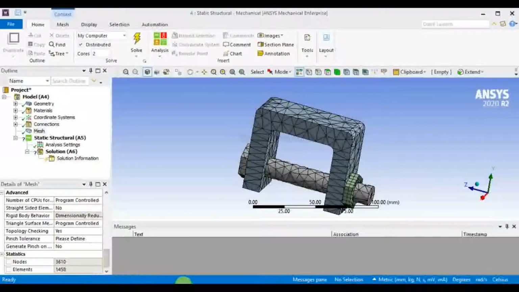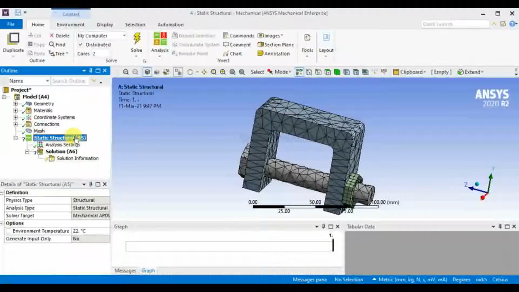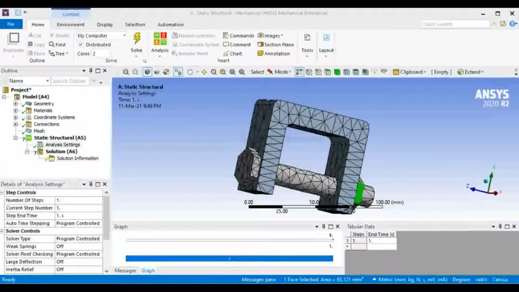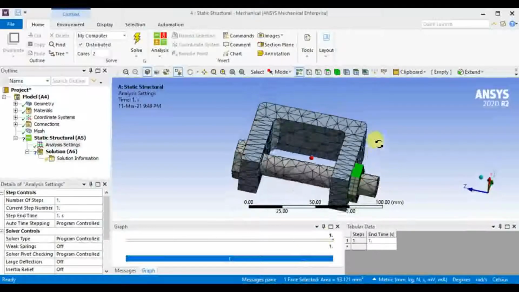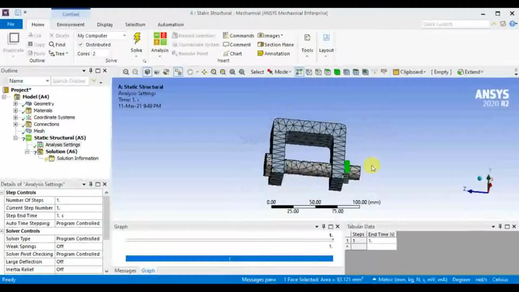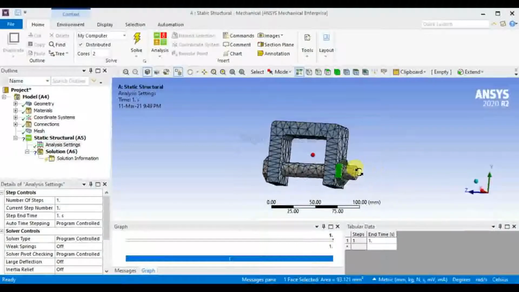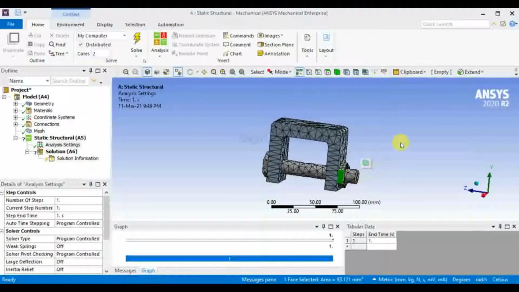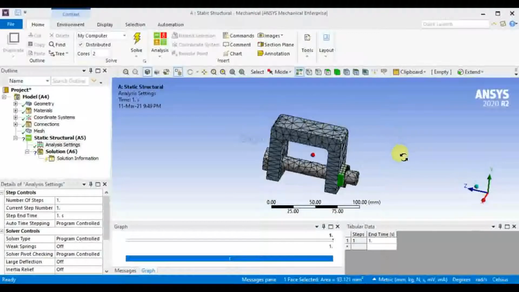Beginning our analysis now. So just click on structural analysis. So we are performing a static structural analysis. That means our body should be completely static. Means it should be fixed to some extent.